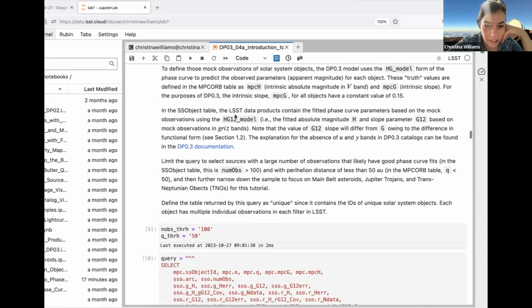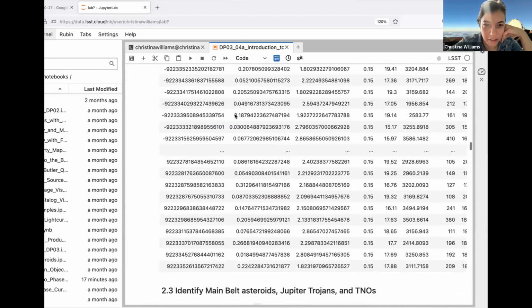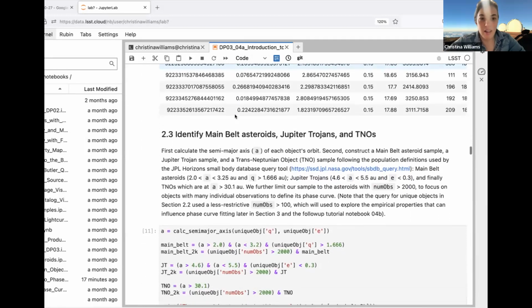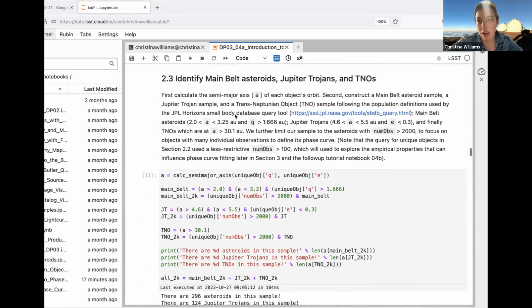So we're going back down. We've retrieved the unique object table. Now within the unique object table, we're going to try to identify subpopulations of asteroids according to their distance from the sun. We've split things up into main belt asteroids, which are the closer population, less than 3.25 AU.